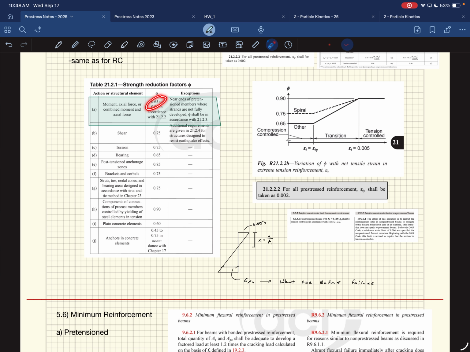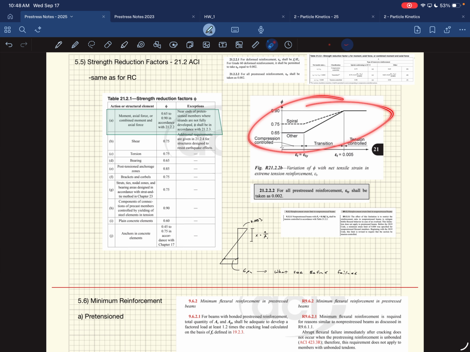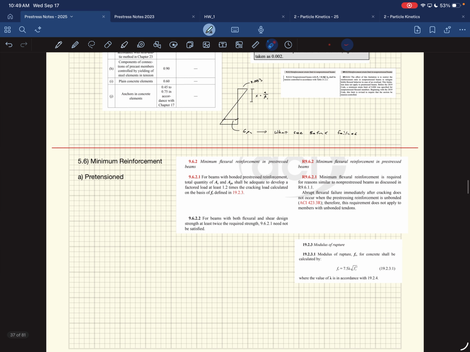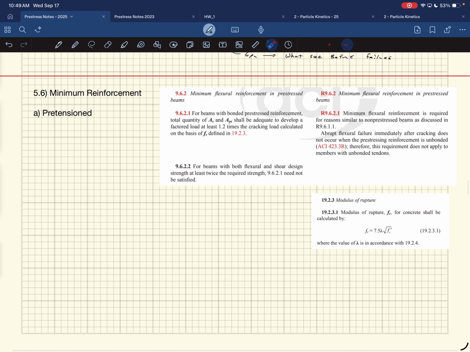So if you end up with a phi equal to 0.65, that's okay, right? Regular reinforced concrete can't do it. Your strain has to be at least 0.005, but pre-stressed concrete you can. You are over here, right? Columns also are a case where you're over on this side where you're allowed to do it. I think that's what this footnote is discussing right there. Okay, all right. Okay, that's cool. We'll talk about this next time. There's a minimum amount of pre-stressing or a minimum amount of reinforcement in general that has to be included in pre-stressed beams because you can't have cracking failure. So in the meantime, I'm going to look up